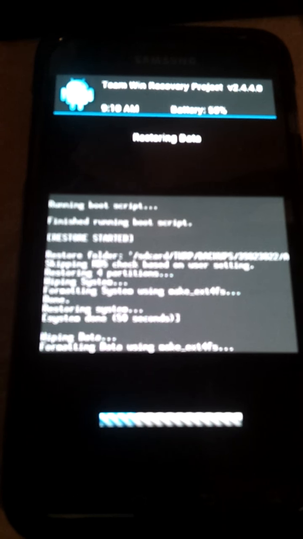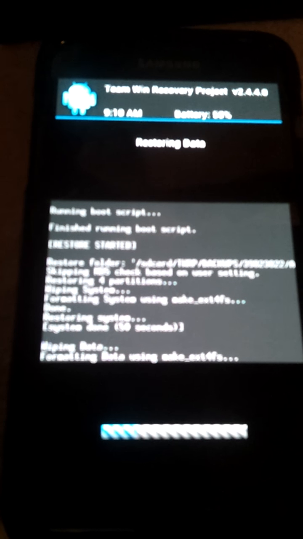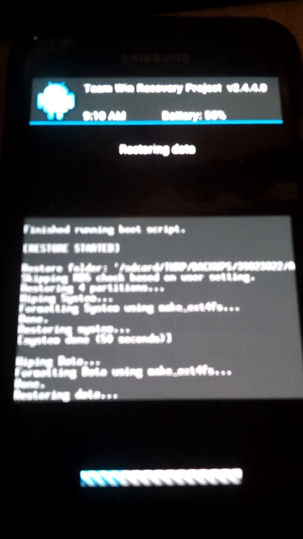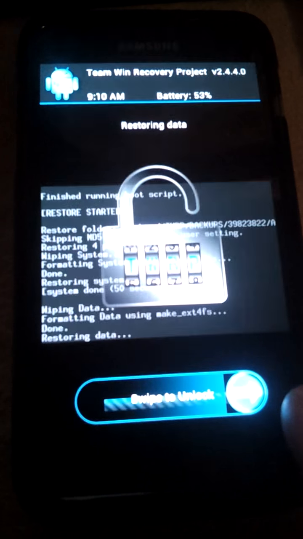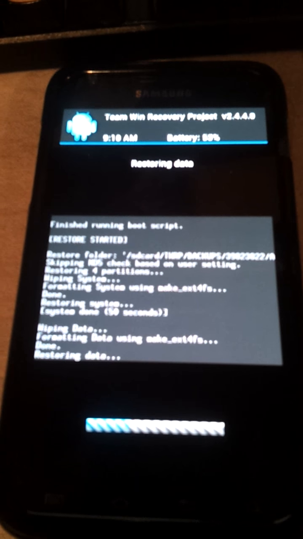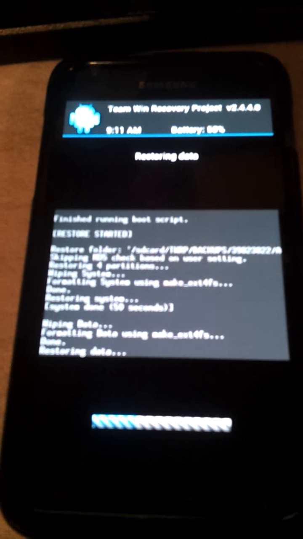It's wiping the system, and it's wiping all the data, basically off your little hard drive. And then once that process is done, what's going to happen is it will start to install the ROM that I have backed up. Now, when you're flashing ROMs like the AOKP ROM, 4.2.2 Jelly Bean, or the Slim Bean